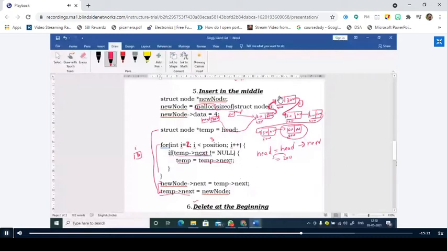Right? How do you traverse? How do you traverse? This is the code for traversing. That means you have to move one node after another node, right? So you have to use a for loop or any looping construct. You can use the while loop or do while loop, whatever it may be. But you can use a for loop, for int i is equal to 2, and you change this condition, and if temp next not equal to null, you just change the pointer, right? So let us see.